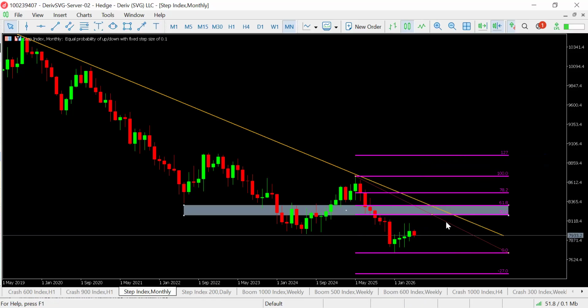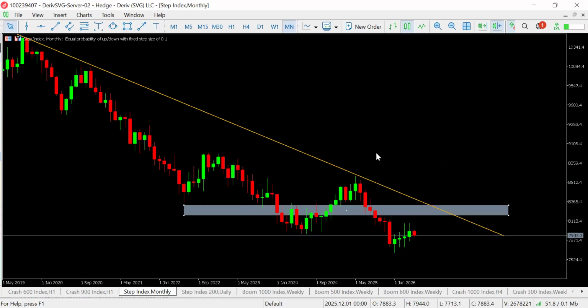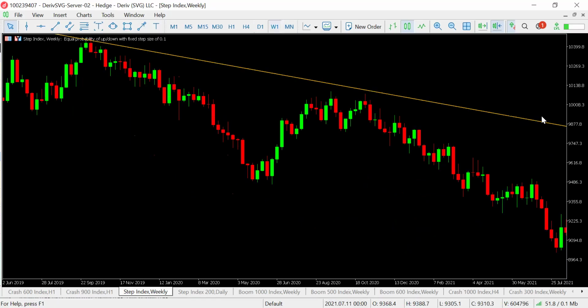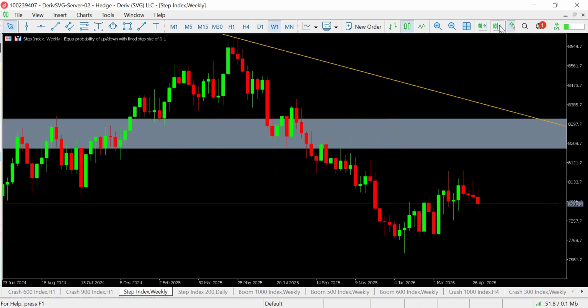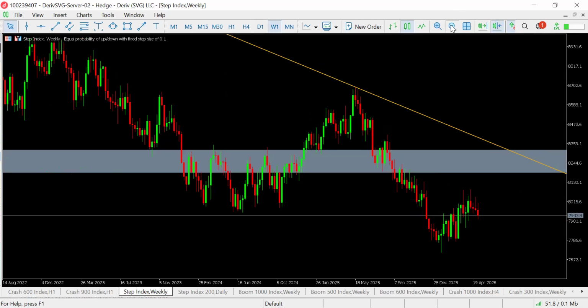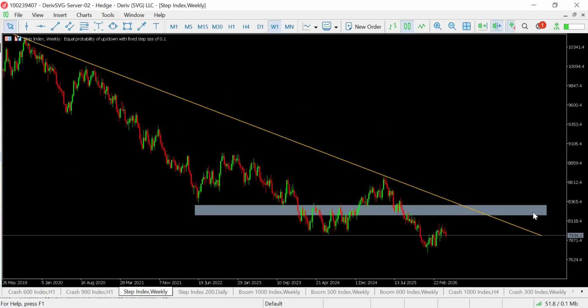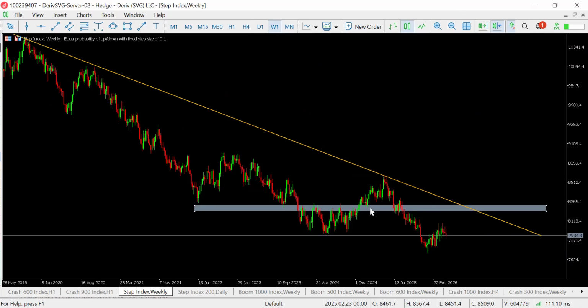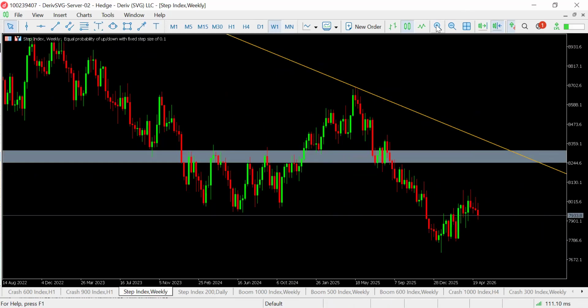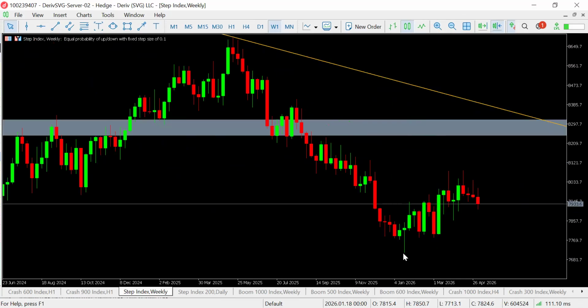So to confirm what we've seen, let's take out some of those things. I'll keep the zone in mind to guide us, and then we'll go to the weekly time frame. So let me refine this a bit. On the weekly time frame, we can see that price hasn't gotten to this level. However, because we talked about price retracing, so if we say price is retracing, that means it has